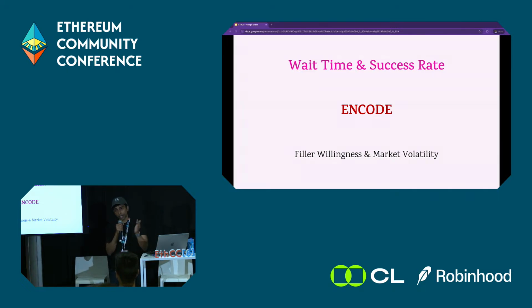So what did I learn by the fact that the auction took very long to fill? I learned that I set my price too high. So in that way, you can see how you can use time as a signal to understand filler willingness. In that same way, if you do some math, you can see that success rate can also encode the market volatility. So when you combine those two feedbacks with your auction parameters, you can learn not only these things, filler willingness and market volatility, but additional features of the underlying asset.